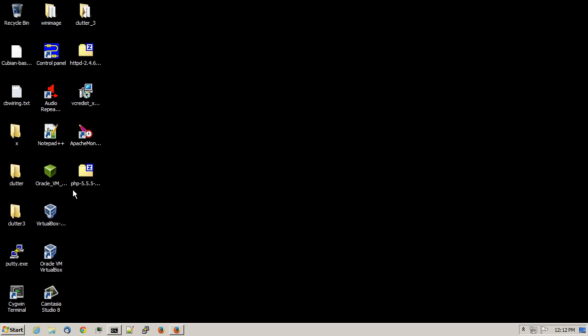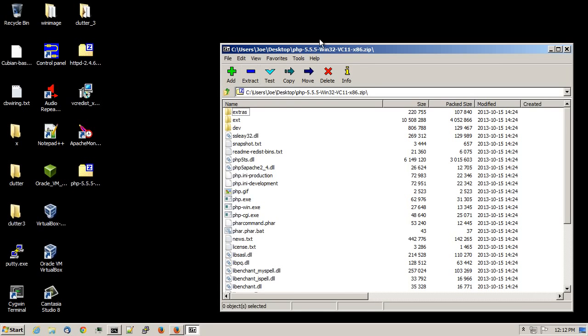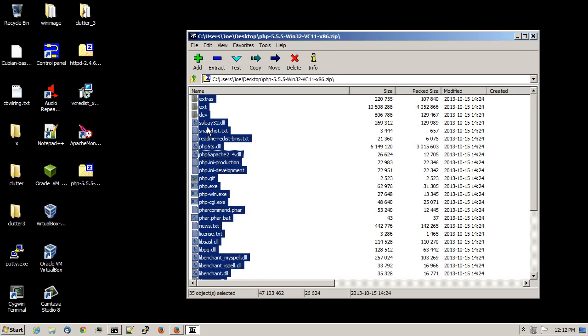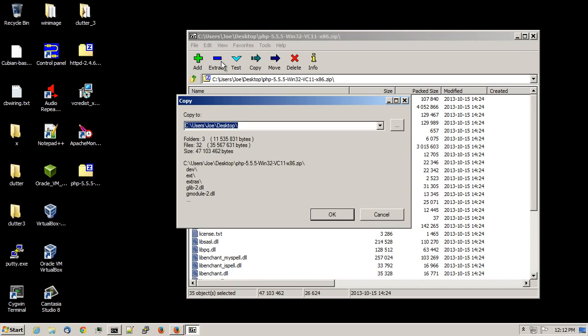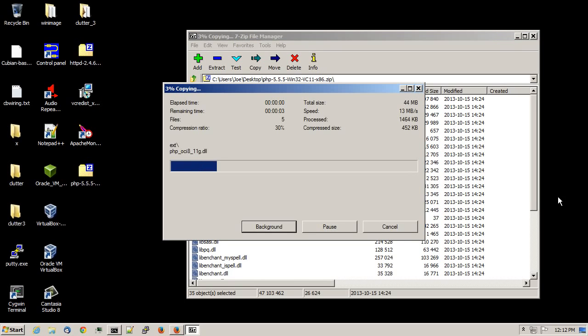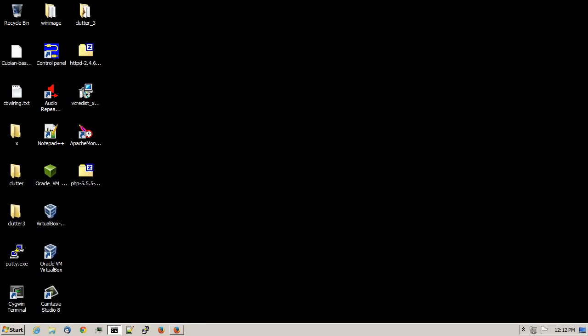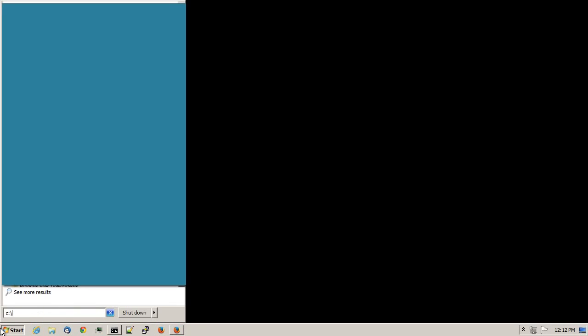After that's saved out to your desktop, locate the PHP zip file. This is the thread safe version. So double click on that in your file decompressor, which I'm using 7-Zip. And in here, I'll just press Control A to select all the files. Click on the extract button, and I'll extract this to C:\PHP. And I'll press the OK button. Close out the file decompressor window. And I'll browse to my PHP folder,